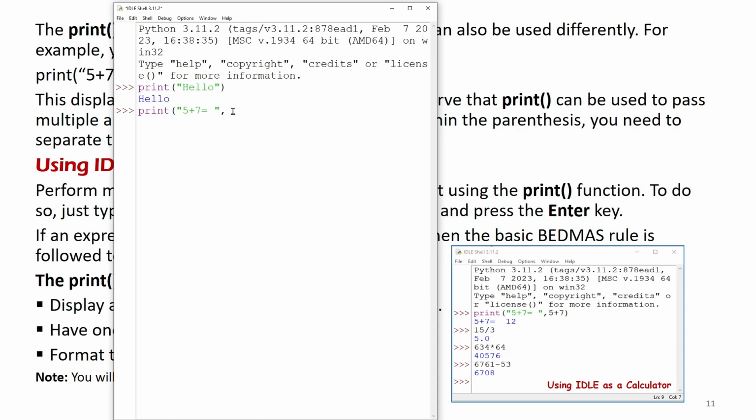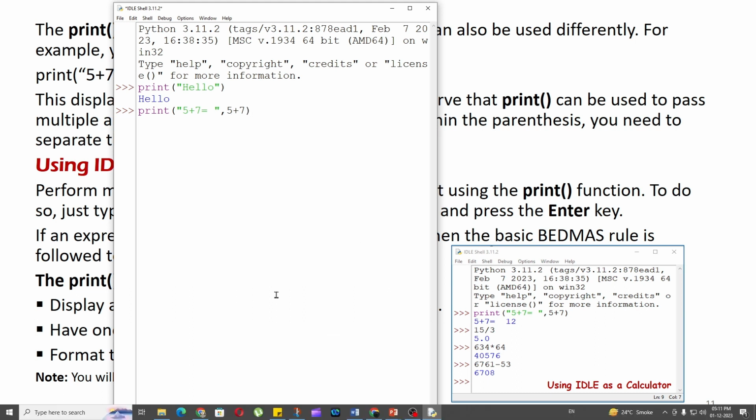Now I will put a comma here. Now what do I want to write after 5 plus 7 equal to? The result of 5 plus 7, which will be written like this. Can you see the color changed? This is in purple, this is in green, and the thing to be calculated is written simply in black. Now press enter and you will see